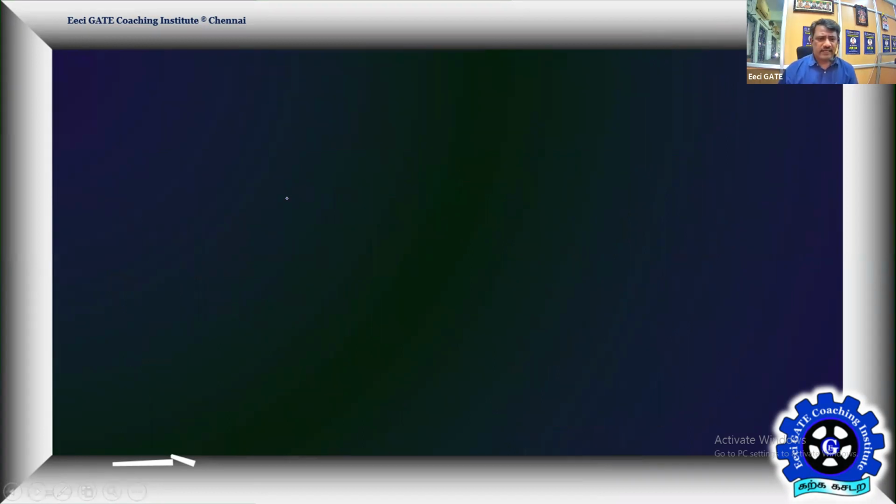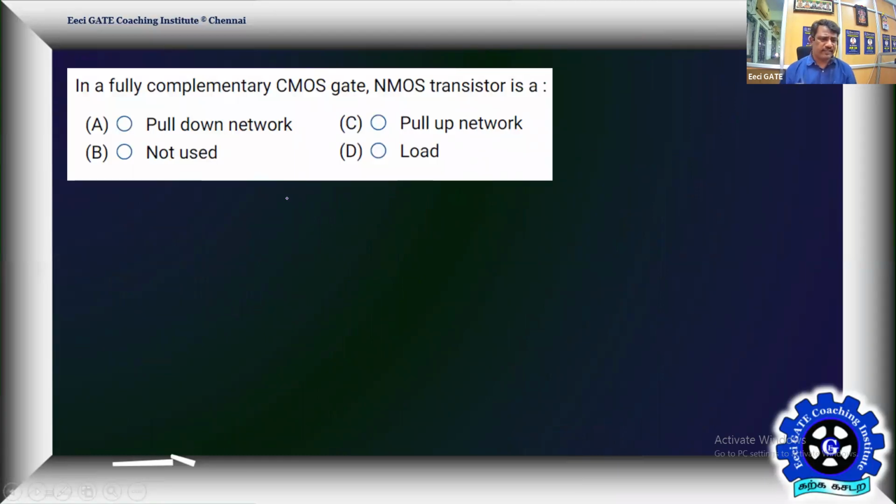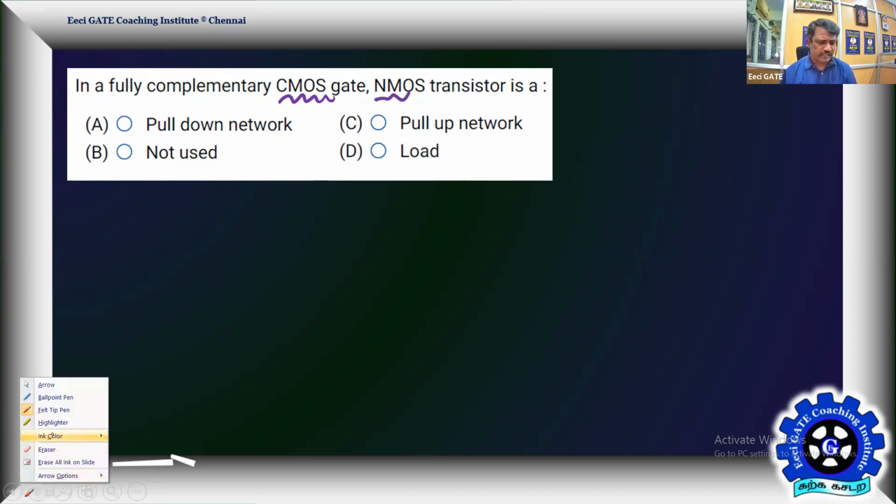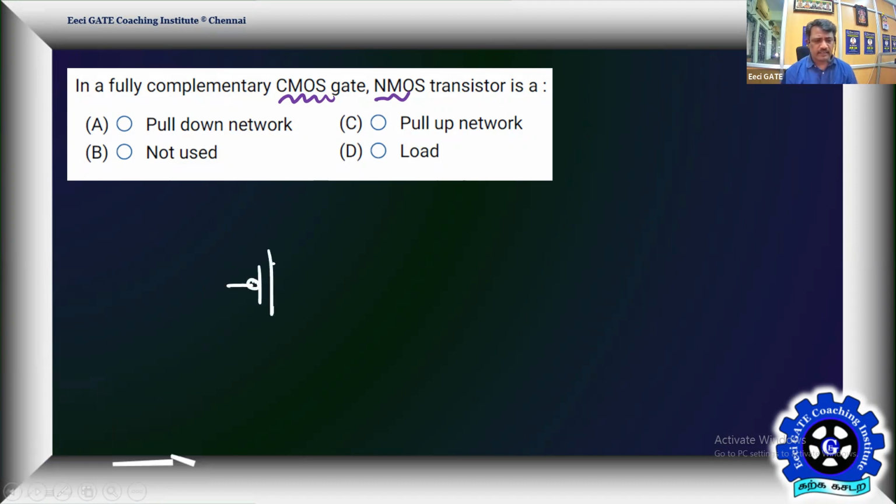That's another interesting problem from digital. In a full complementary CMOS, I have already given you the full CMOS inverter structure. What is the NMOS doing? Let me once again give the structure. What we have is a PMOS, bubbled, and without bubble, it's NMOS. That's a CMOS. In a full complementary CMOS gate. You said CMOS gate, not inverter. Anyway, for the CMOS inverter gate, let me assume that's your VDD, the drain side supply.